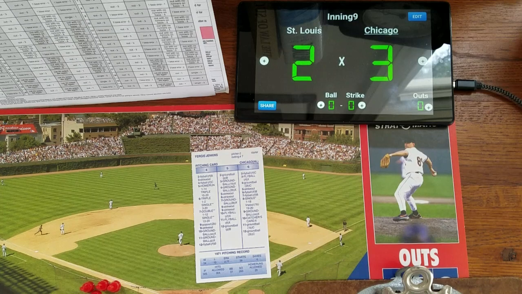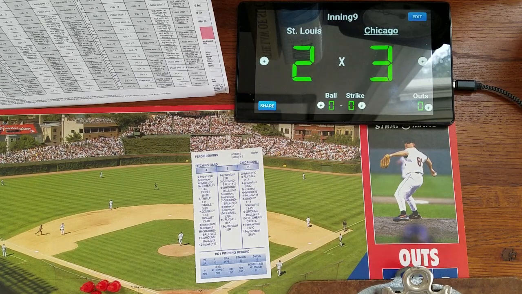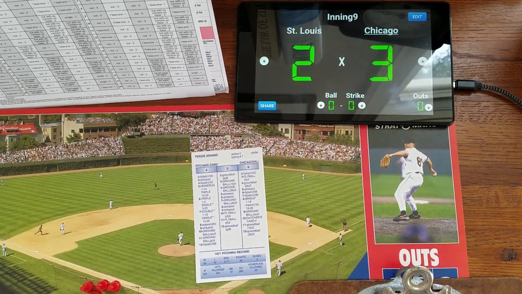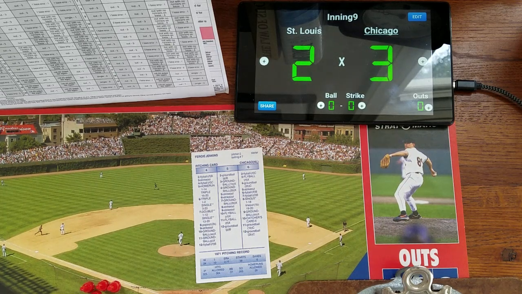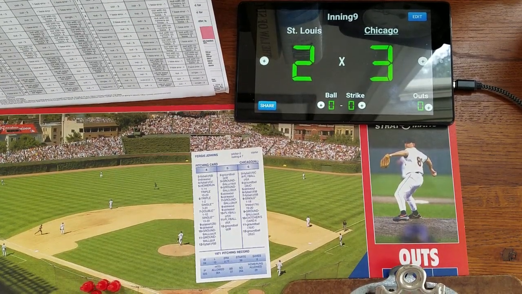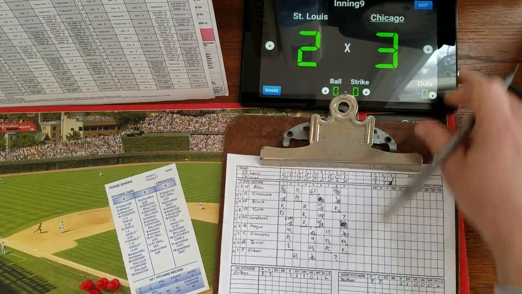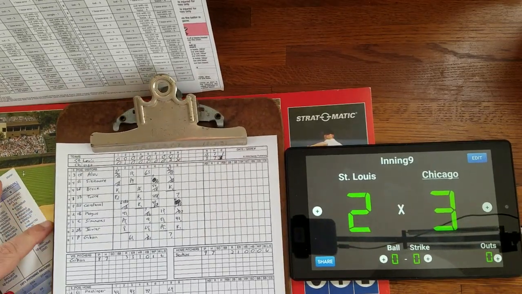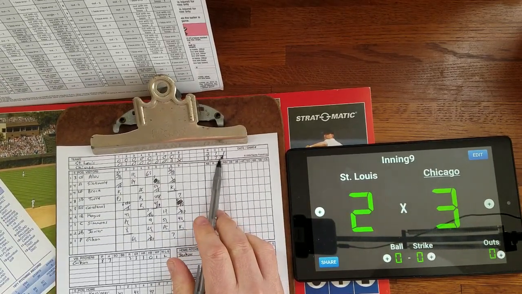So let's see if I can figure out the rest of these totals. We'll do the hits for the Cardinals. 1, 2, 3, 4, 5, 6, 7. I got them for 7 hits. Let's see. So 2, 7, and 1 for the Cardinals. For the Cubs, they got 1, 2, 3, 4, 5, 6, 7 hits for the Cubs. So kind of messy on the score sheet here, but let me move this over here. Kind of messy, but what we have here, 3, 7, and 3 for the Cubs and 2, 7, and 1